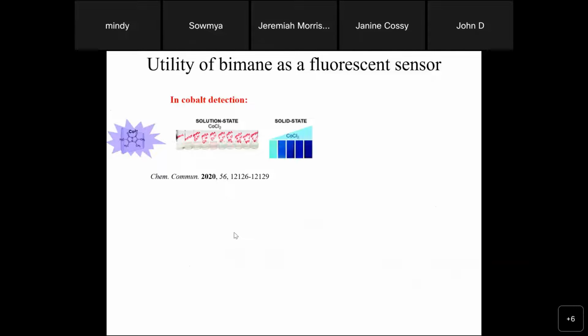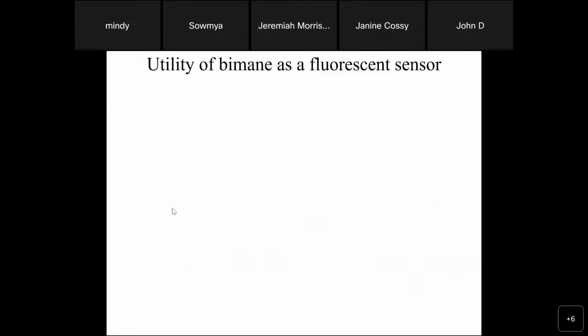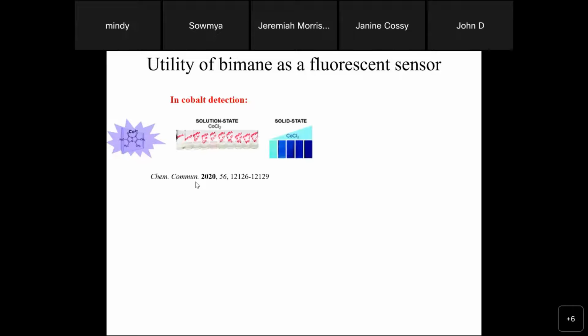So again, combining some of the work that the Greenspan group had done in bimanes with our ability to use cyclodextrins and develop fluorescence-based sensors, we were able to develop a variety of bimane cyclodextrin-based chemical sensors since we arrived at Ariel University, including what I'm showing here: the ability to achieve cobalt detection through the binding of cobalt to bimane, which is facilitated by cyclodextrin complexation,